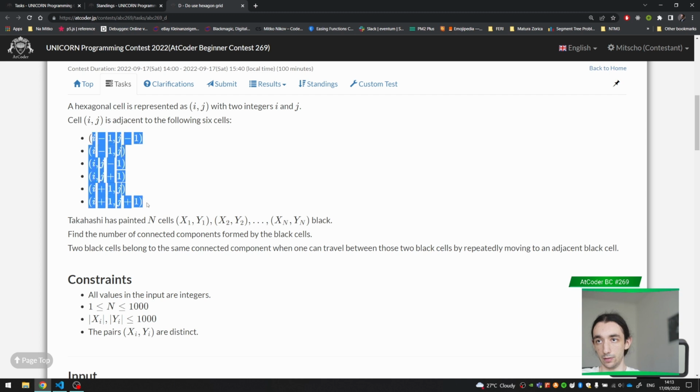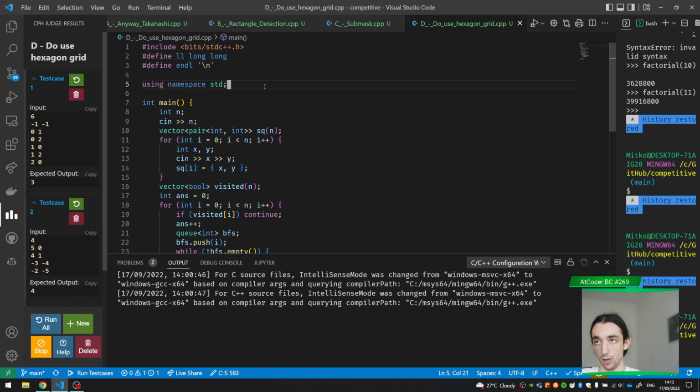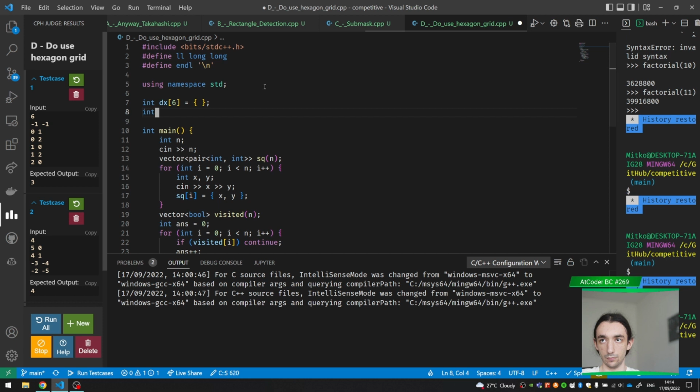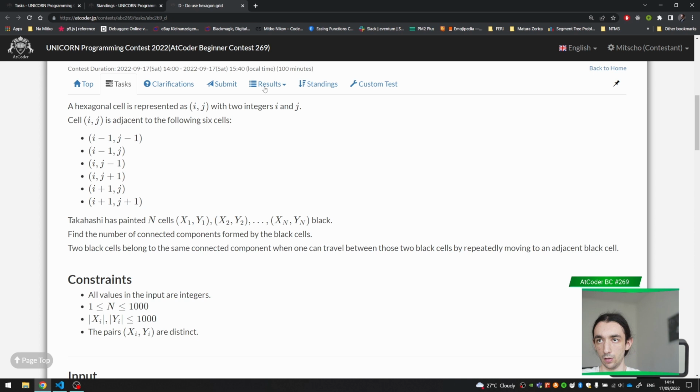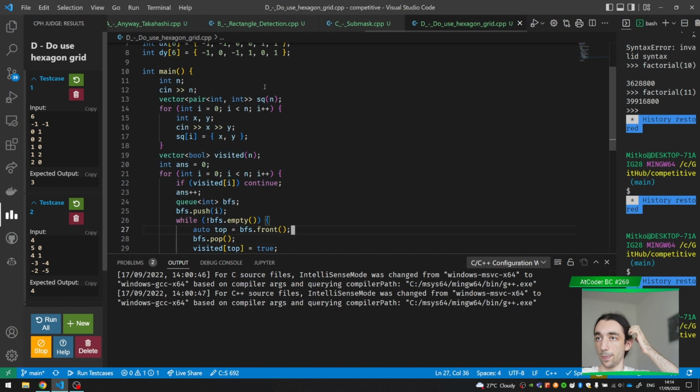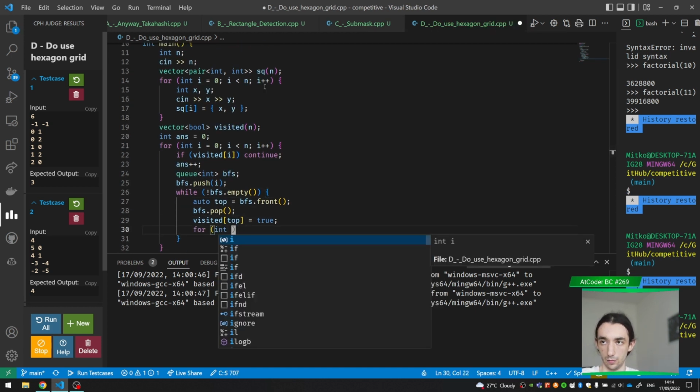Now we want this adjacency list. dx, 6. Okay, -1, -1, 0, 0, 1, 1, -1, 1, 0, -1, 1, 0, 1. Okay. 1, 4, and